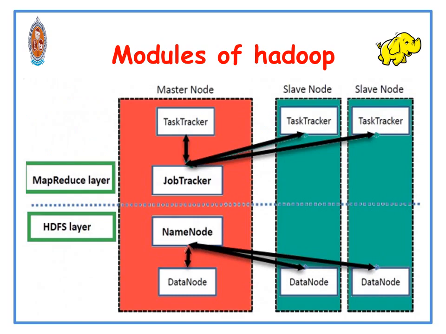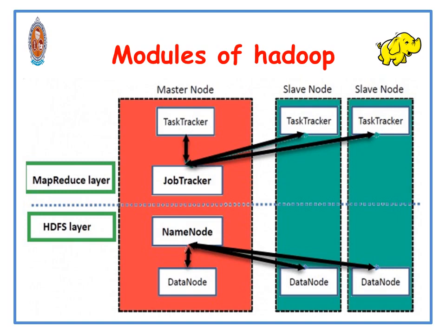Now we will see the modules of Hadoop in the figure. It has two layers. Hadoop Distributed File System is developed on the basis of Google File System. It states that the file is broken into blocks of data that are stored over a distributed architecture. MapReduce. This is a framework which helps Java programs to do parallel computation on data using key-value pairs.